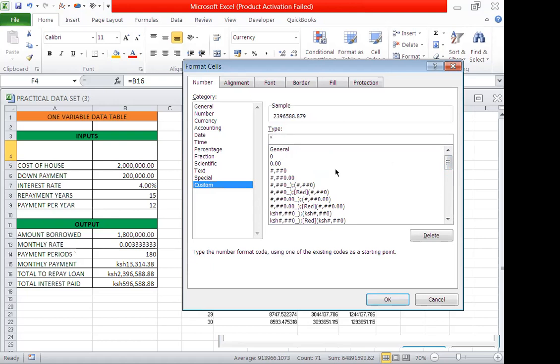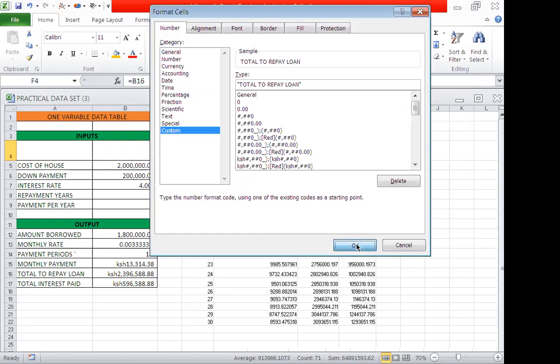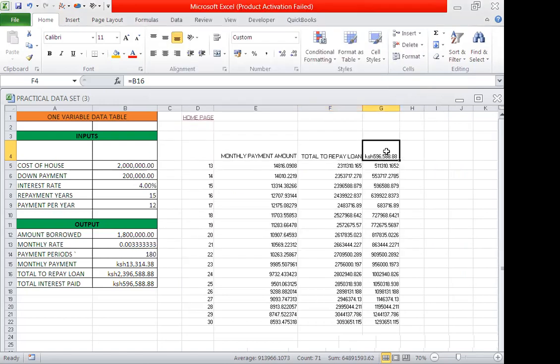Is the total to repay loan. Total to repay loan. And then I close the quotes. Then I click OK. And then